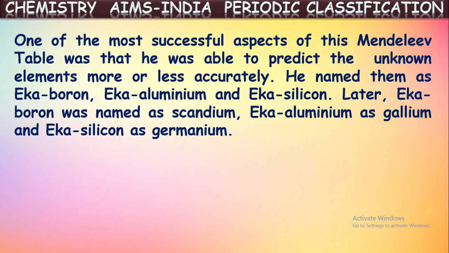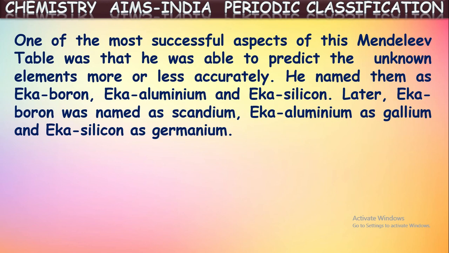He named those unknown elements based upon the properties of the place where they were to fit. So, based upon the column or the elements present in that group, he expected the properties of those elements also. So, based upon the properties, he named those unknown elements as well. As he expected, those elements were found later and they had almost the same properties as he expected.